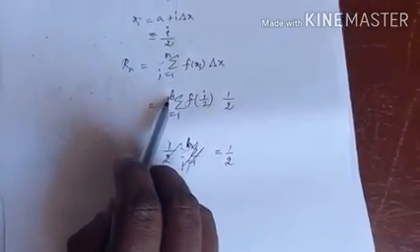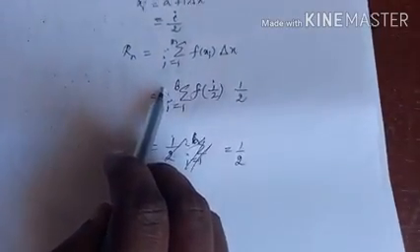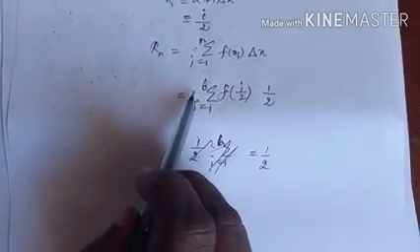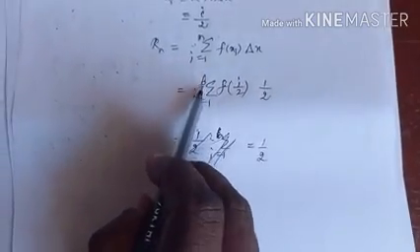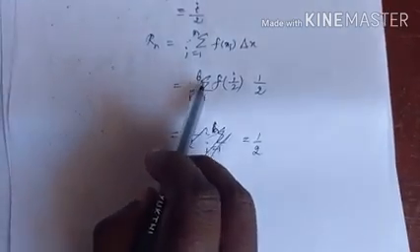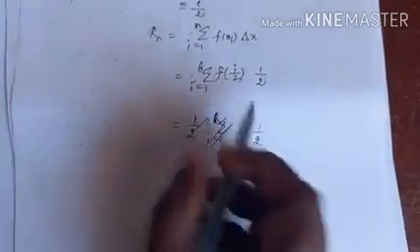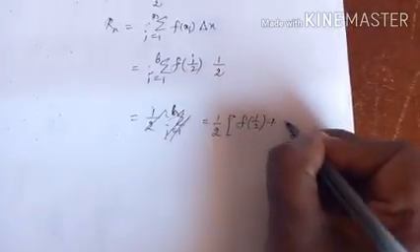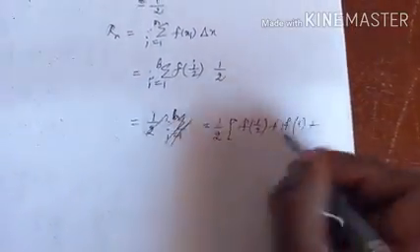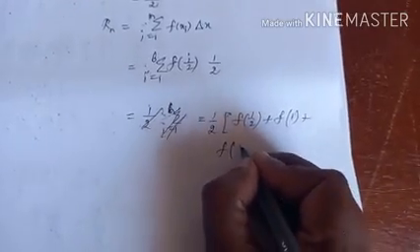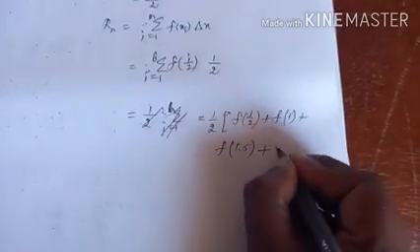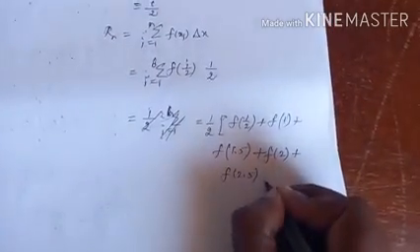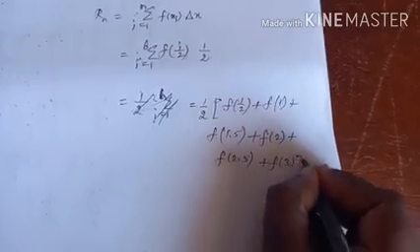So we cannot use that formula, 1 square plus 2 square up to n square, or 1 plus 2 plus up to n, right? We cannot use that formula, because the limit here, 1 to 6, is finite. So it is very easy to do, okay? Put i equal to 1, it is f of 1 by 2. Put i equal to 2, f of 1. Put i equal to 3, f of 3 by 2. Put i equal to 4, f of 2. Put i equal to 5, f of 2.5. Put i equal to 6, f of 3.